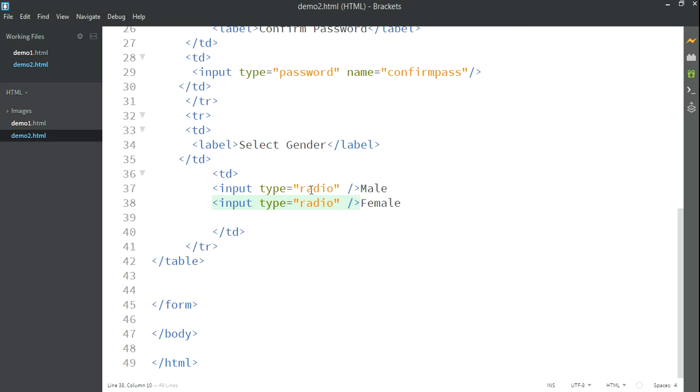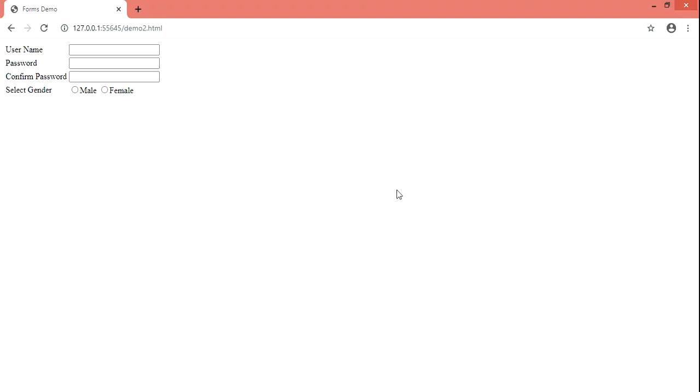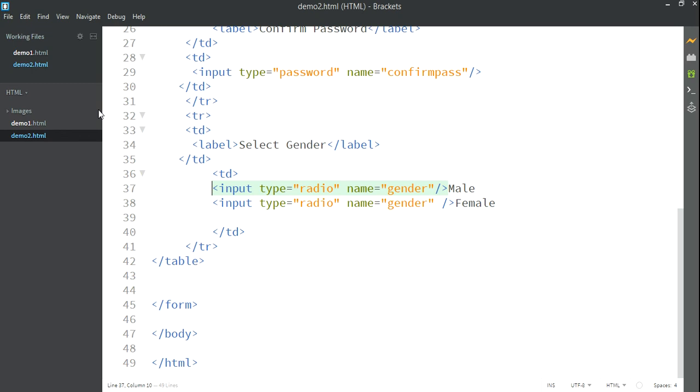So make sure that if you want to create a grouping of those two elements, you should have a name attribute with the same value. Then HTML makes a group of them and enables a single selection within the group. Now if I click a value, only a single selection is enabled.